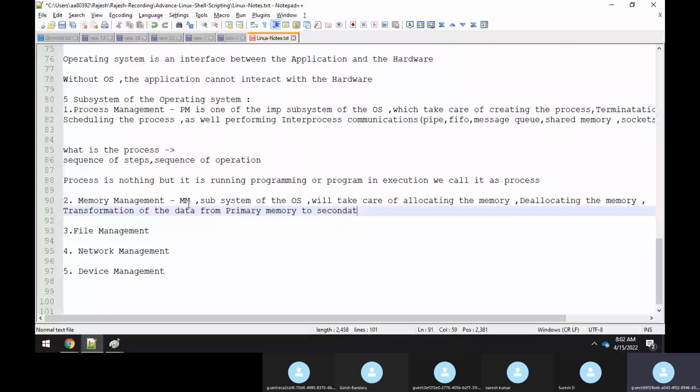Vice versa means transferring the data from the primary memory to the secondary memory, and again from secondary memory back to the primary. Everything is taken care of by the memory management.